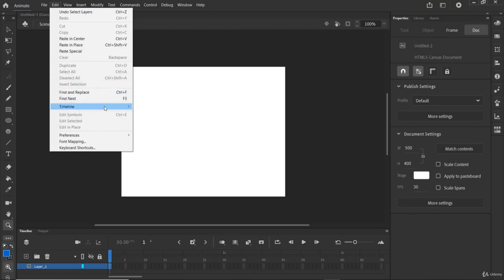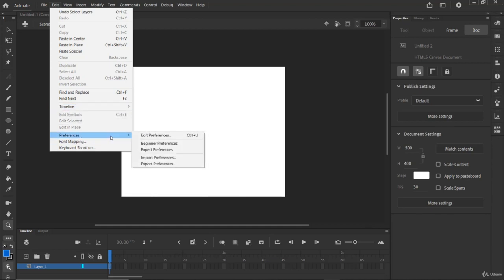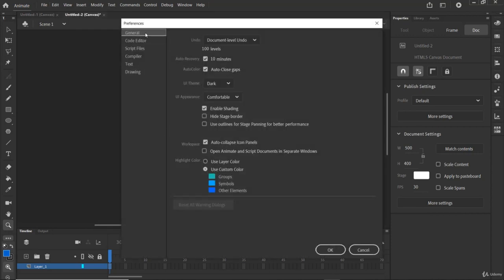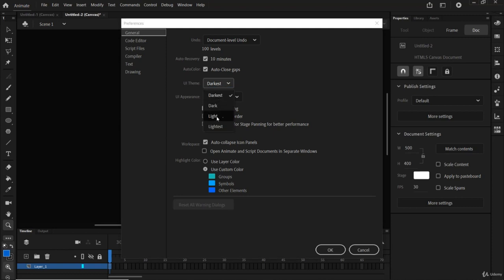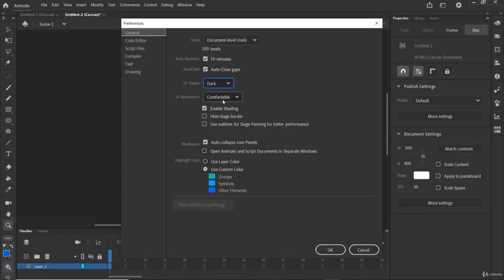So you can see you have different timeline options. You have this Preferences. You can edit preferences if you want to. As you can see, you have some general settings. You can choose the theme, darkest, like this. You can choose light. You can choose lightest, but I prefer dark, this simple one. But you have to choose the theme you want. For UI appearance, you have comfortable and compact, but you have to keep it on comfortable.